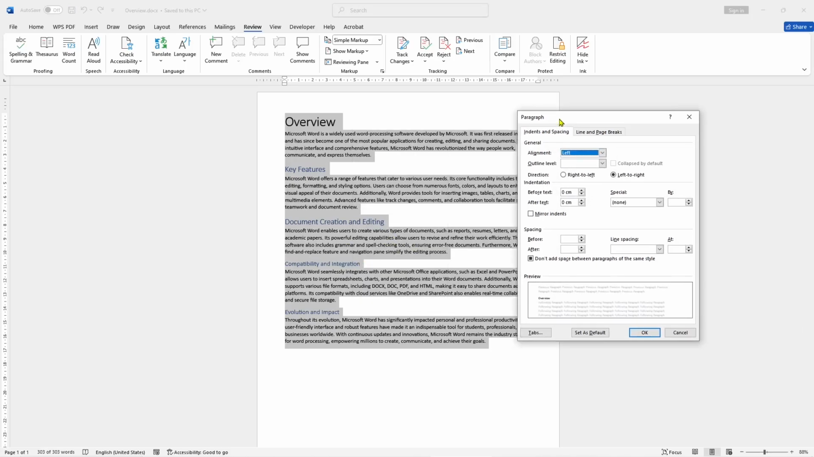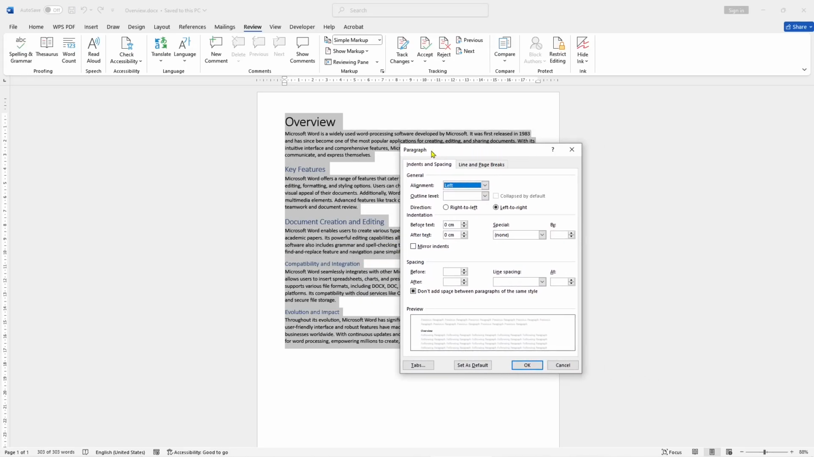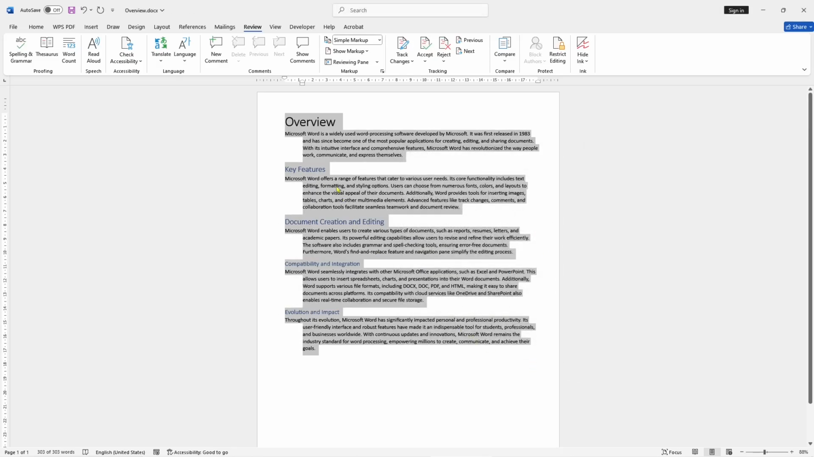Now the Paragraph dialog box will open, and to set a hanging indent you can go to Indentation and click on the Special drop-down menu, then choose Hanging. By default it is set to 1.27, and if you click OK, it will automatically apply the hanging indent to the